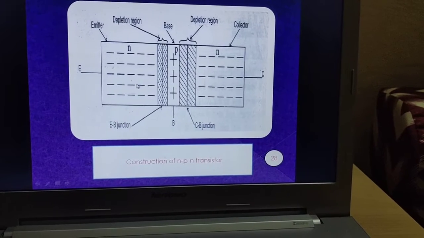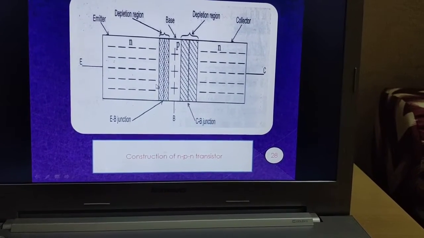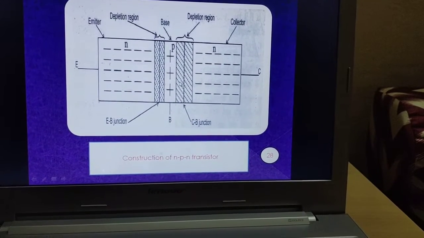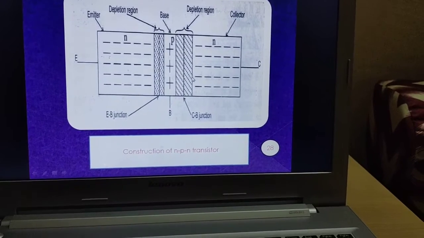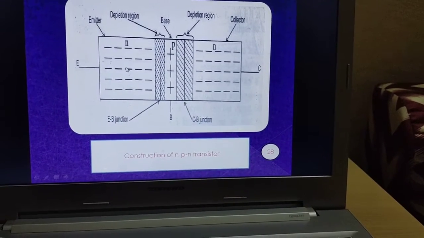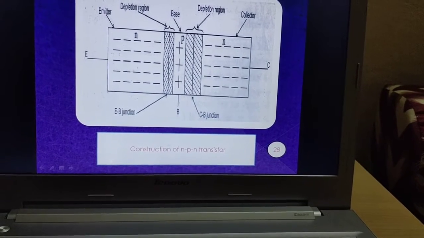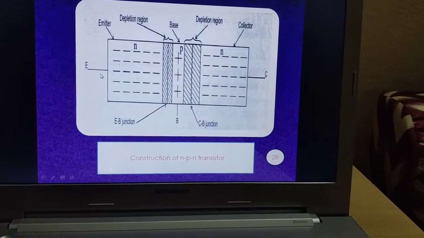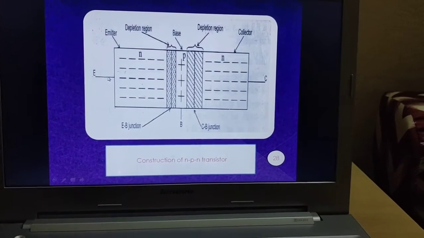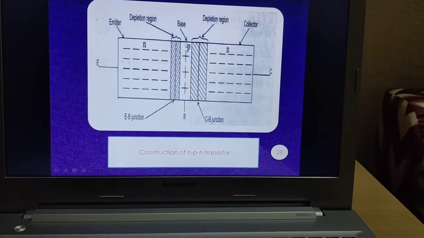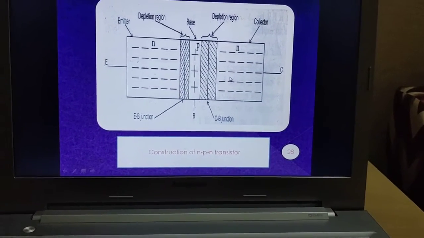Now this is a three-layered device. The junction for the N-type and P-type is the first junction, and for the P-type and N-type we have the second junction. So these are two junctions. So this is a three-layered, two junction, bijunction, three terminal device. Now what are the three terminals? The first terminal is called the emitter terminal, this terminal is called the base, and this terminal is called the collector.